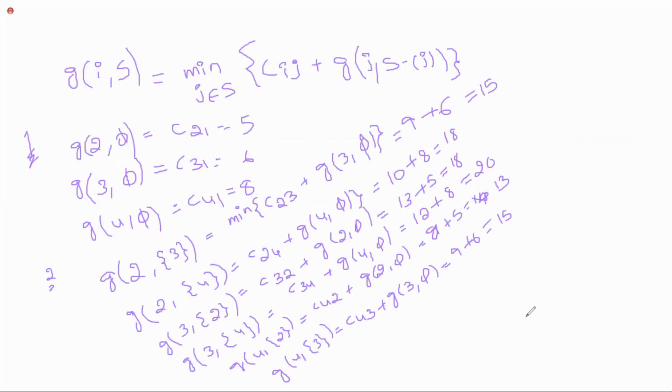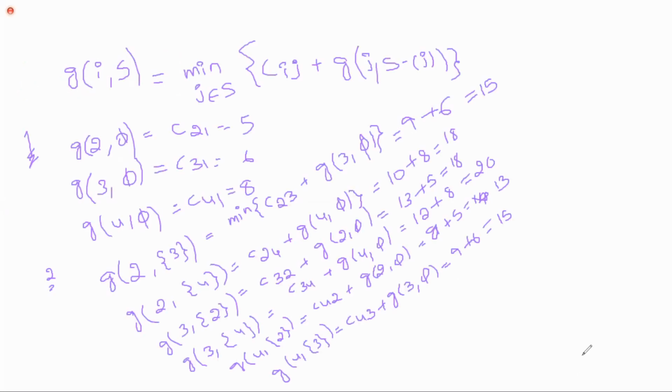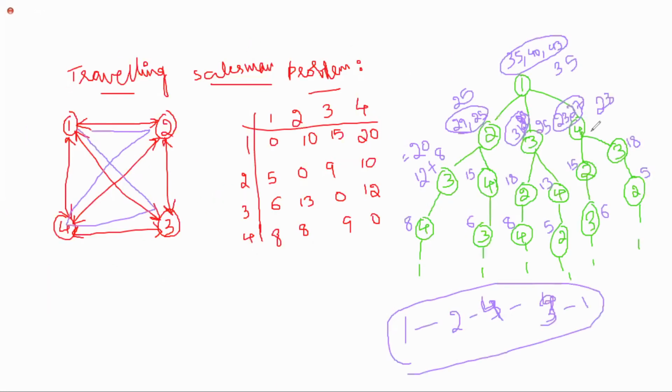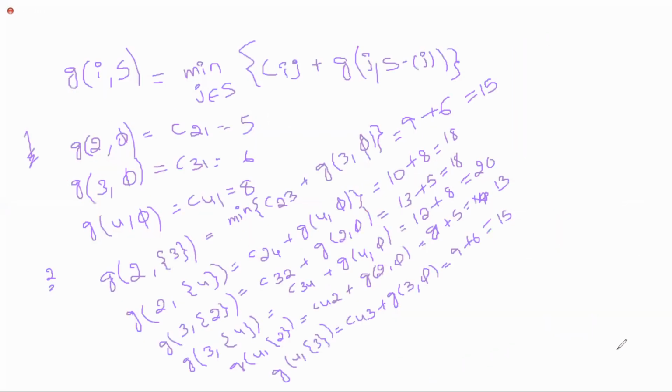Is it clear, ma'am? Say yes or no. Clear, ma'am. Next, step 3 I'm writing. What I'm writing, observe carefully. G of 2 comma. Now I'm considering 2 children at a time in my set. What are the possibilities for 2, 3, 4? See, in the tree also if you observe, now we are here in this level. 2, what are the possibilities? 2 children. Up to this part it is having only 1 child, but here 2 children. What are they? 3 comma 4. That's what I have considered here.